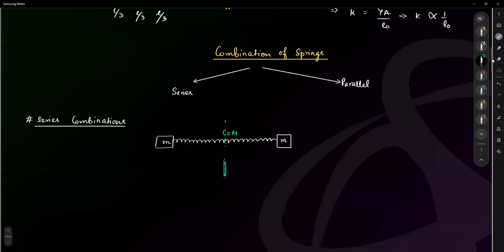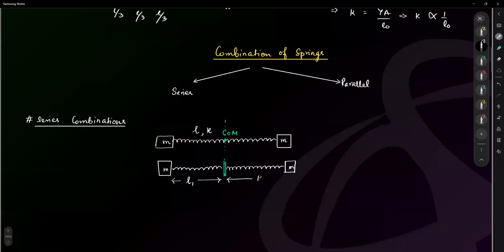So one part is over here and the other part is here. Now, suppose the original one had a natural length L and spring constant K. The new one has a length of L1